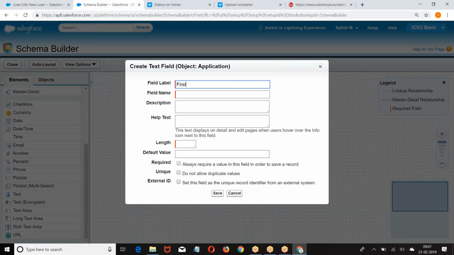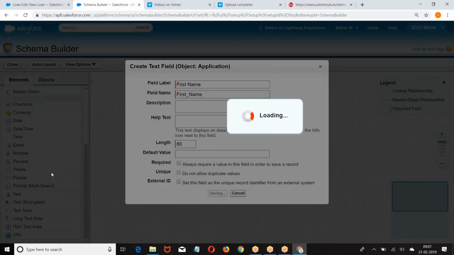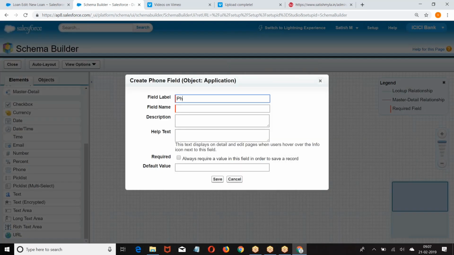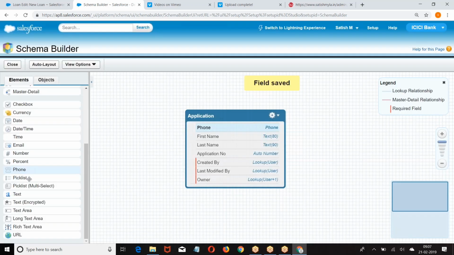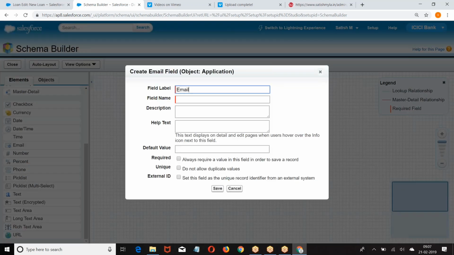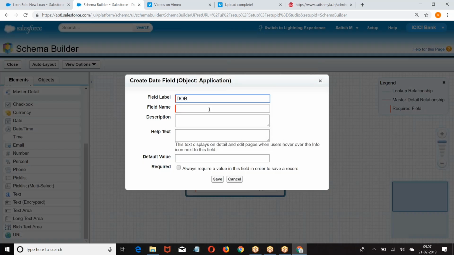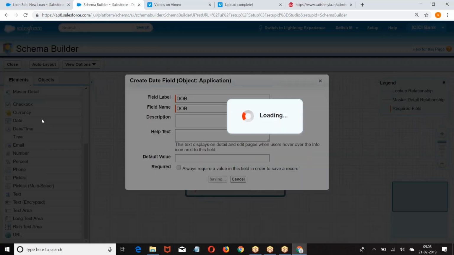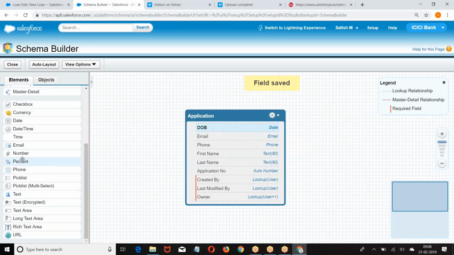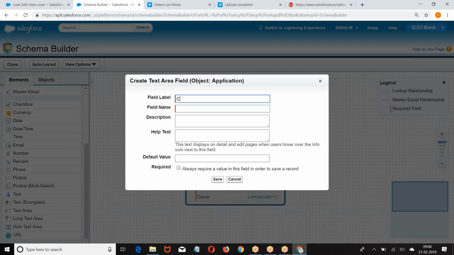So first we are taking a couple of fields here. Last name, first name, email, date of birth. Then I'm just trying to drag and drop the fields. The screen may be fast now. By now you already know how to create the fields, so I'm just pushing it faster. Current address,